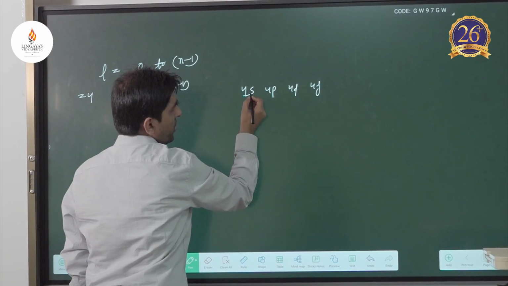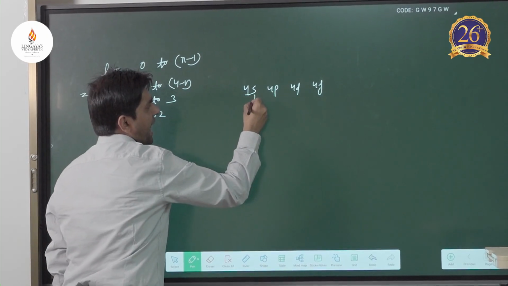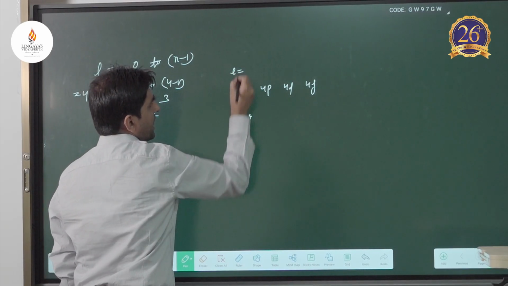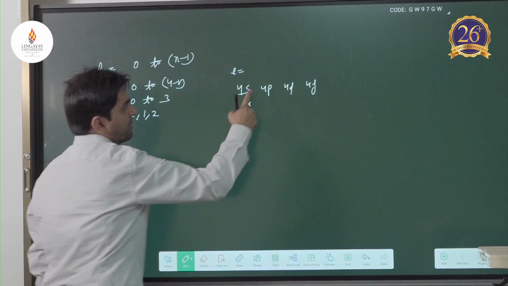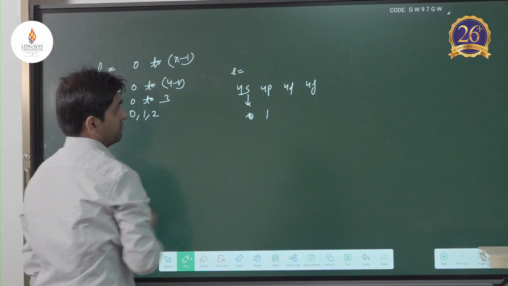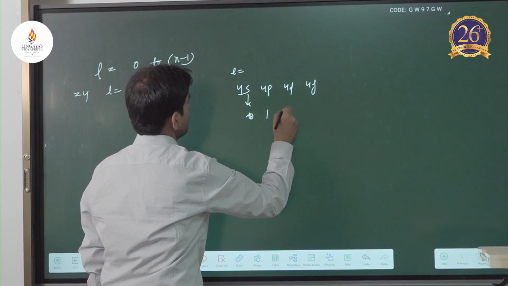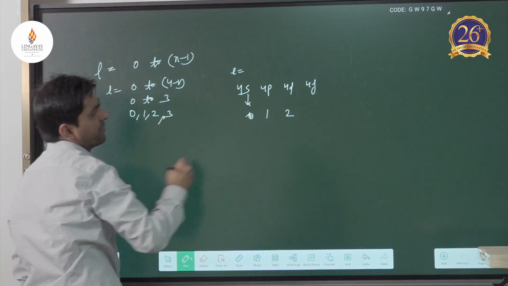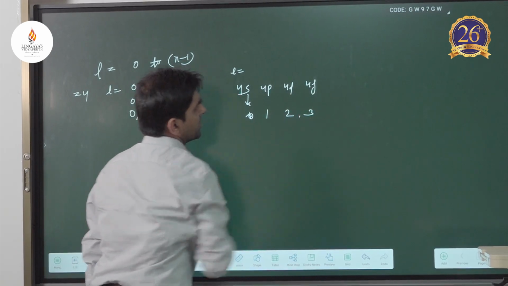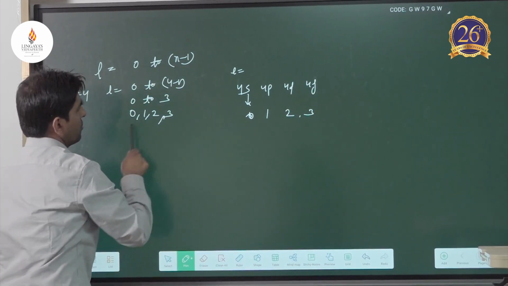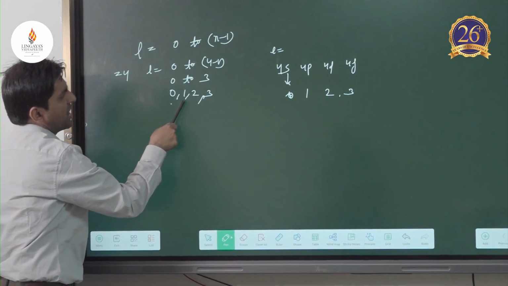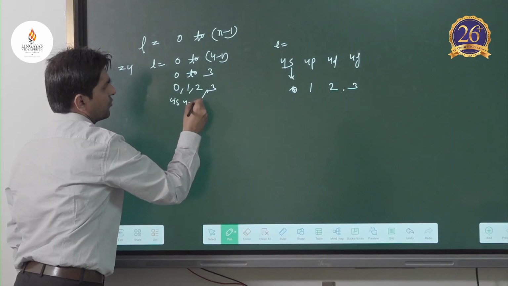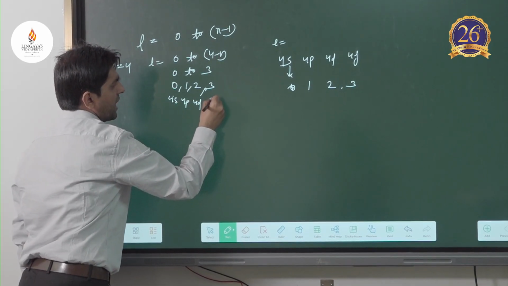So for 4s, you know already that for s orbital, value of L equal to 0, for p L equal to 1, for d L equal to 2, and for f it is 3. So you can say that there are 4 values of L: 0, 1, 2, 3. It means 4s, 4p, 4d, 4f.